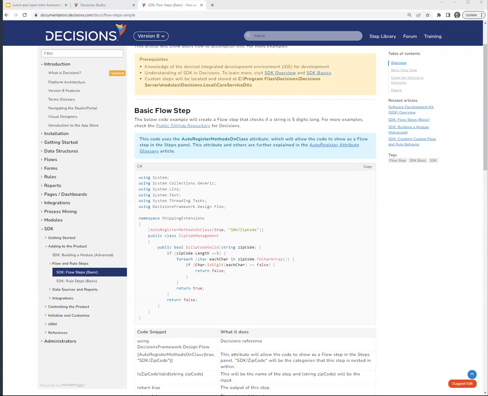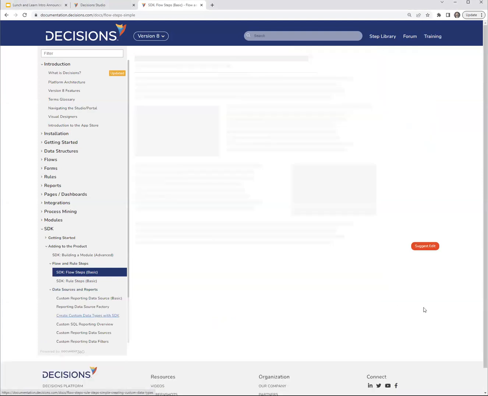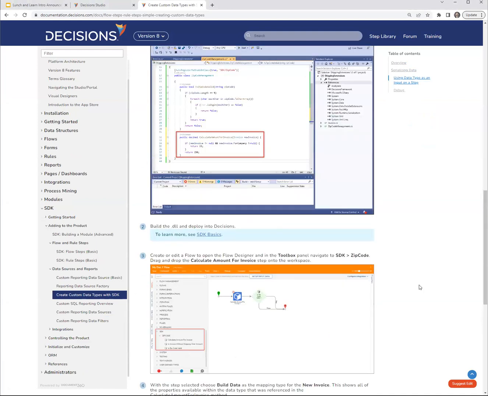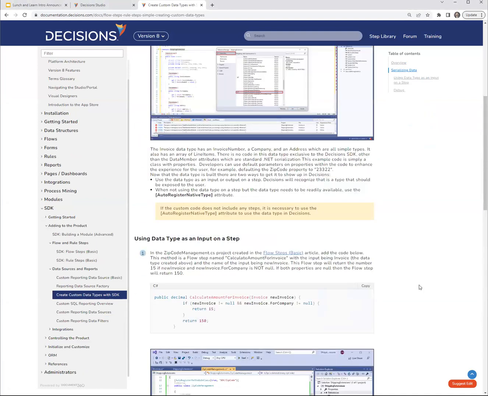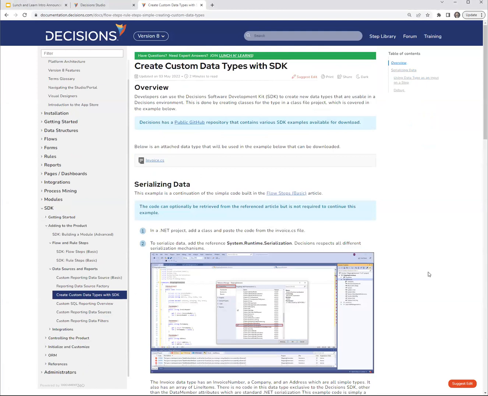With custom types in SDK, you need to tell Decisions how to understand properties on that type. Yeah, and creating custom data types with SDK, you've got to add some. I'm less familiar with creating a type than I am creating steps. But you can basically register a data type in custom code that'll show up like a Decisions type. It can either inherit from our base classes, or